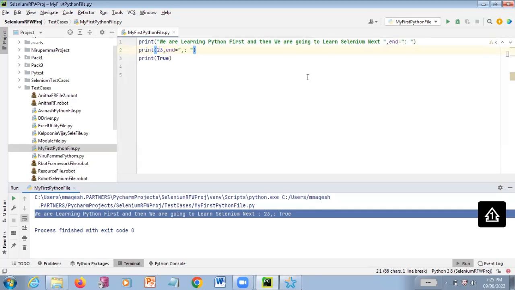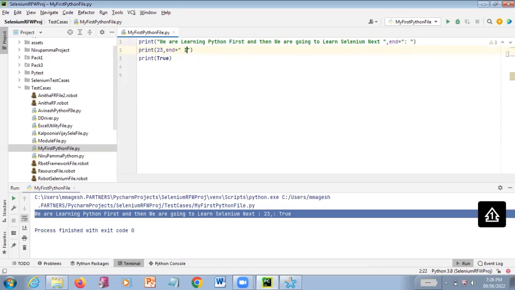Yes. So n must be in double quotes. Yes, it should be end equal to. You can have empty space or some characters, or you can also write like this. See here, I can also write some text here. So leave it. I'm just going to have the colon here, inside this particular end, after